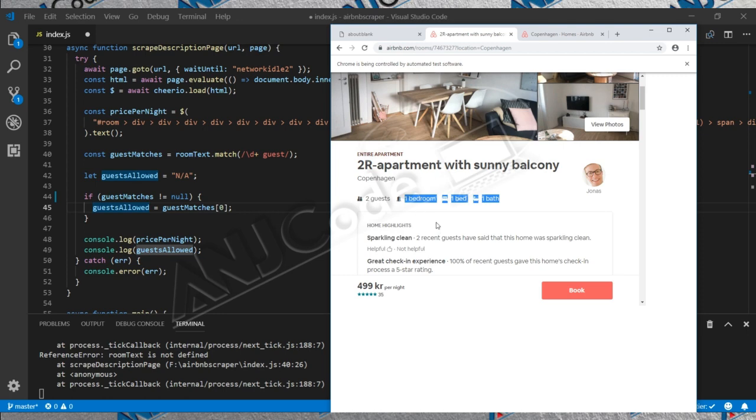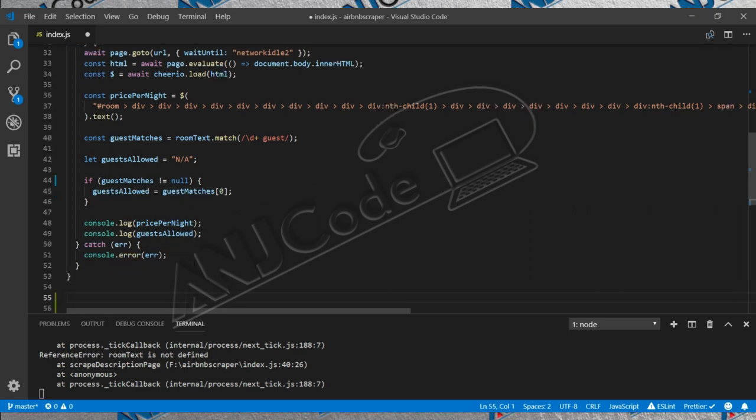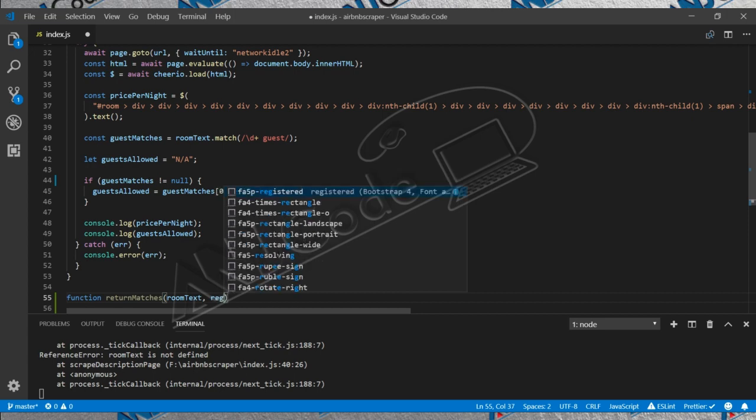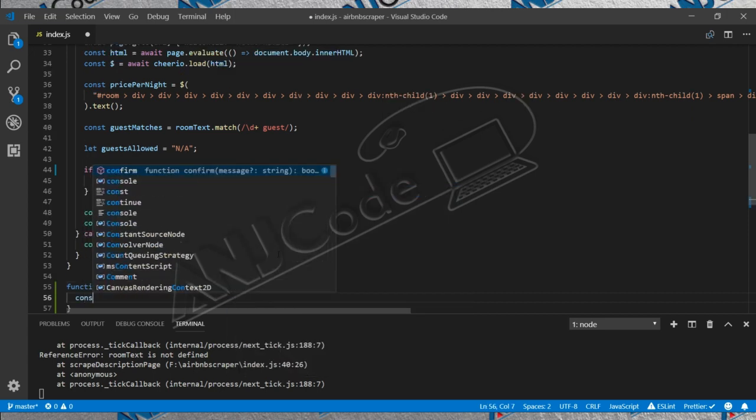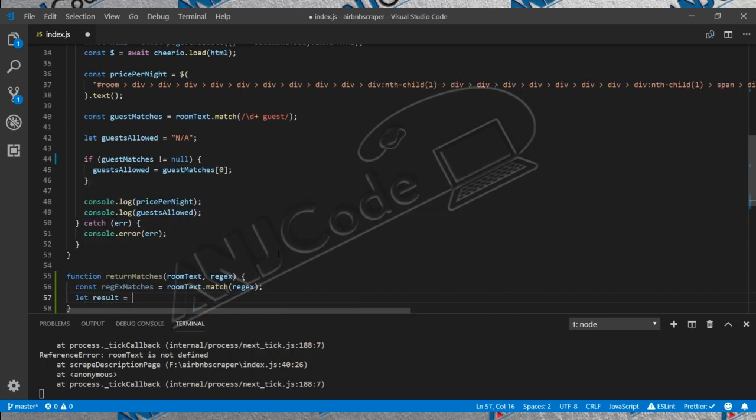And now for the rest of you who are lazy or just want to see how we do it, I go ahead and do it now, and you'll follow along with me, of course. So we will write a function called return matches, because what we're doing is so similar to this. So we pass in the room text and the regular expression we're going to test, and we have the regular expression matches, which we run on room text with the regular expression, and by default we're going to set the result here of non-applicable,